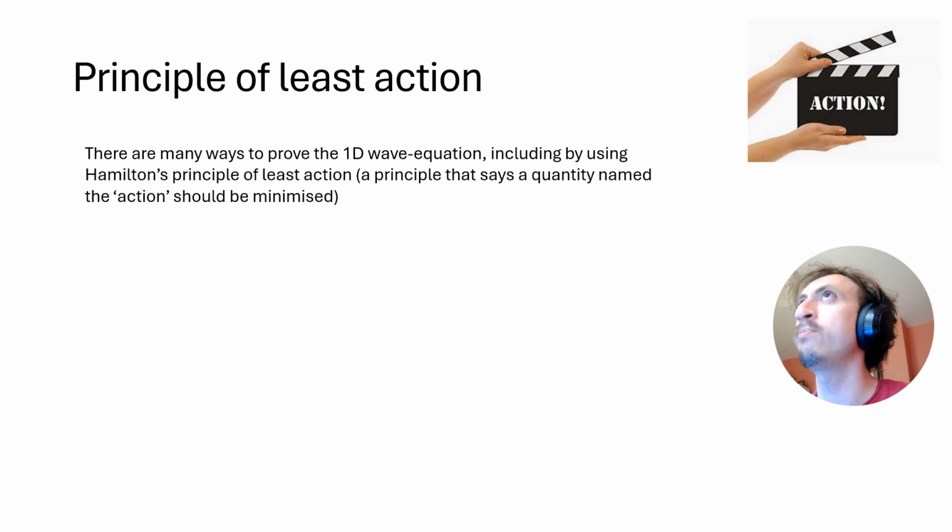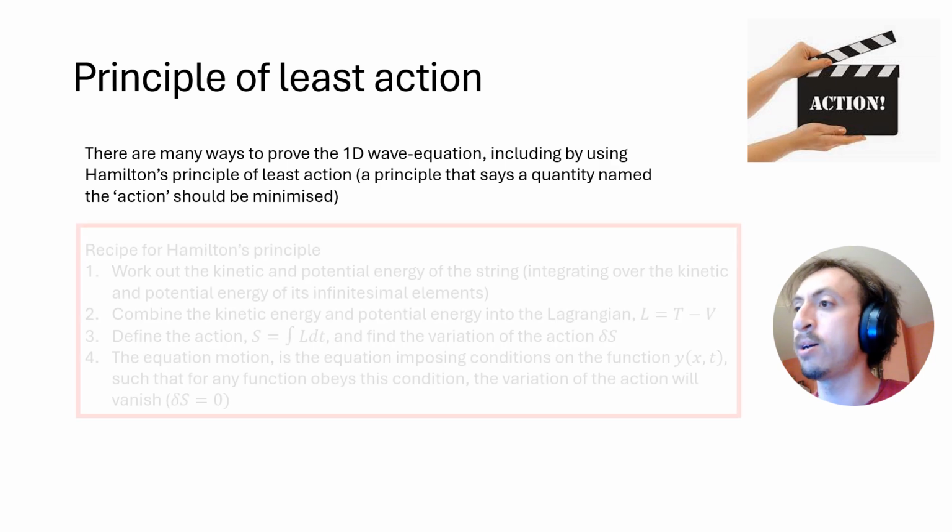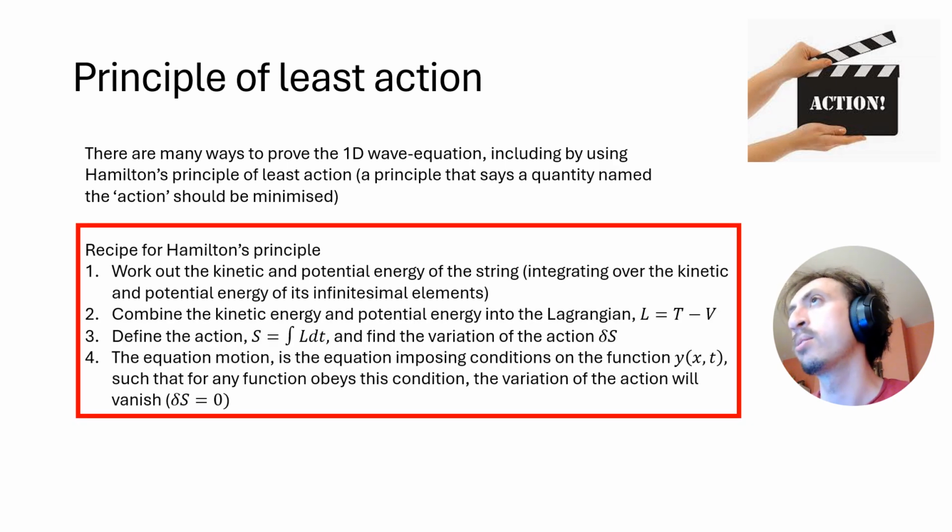So there are many possible evolutions of a system we might hypothesize could occur, but a classical system will always pick the one which minimises the action. And the reason it does that is due to quantum mechanics, and there's a subtle clue in that the Lagrangian, being the difference in kinetic and potential energy, has units of energy,